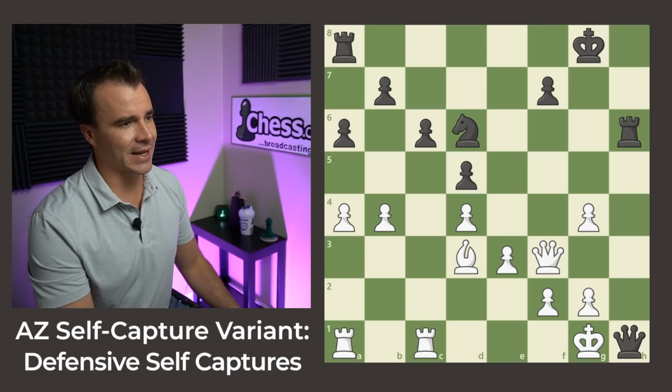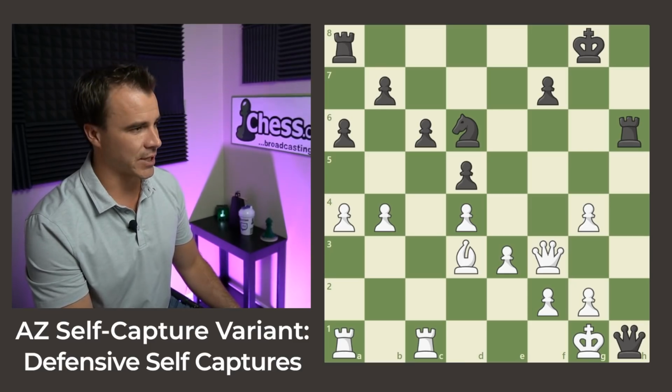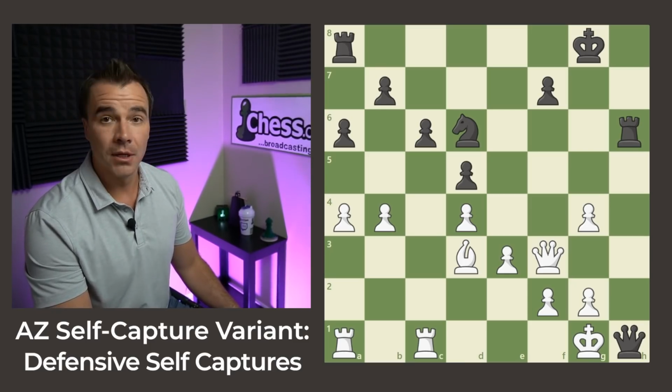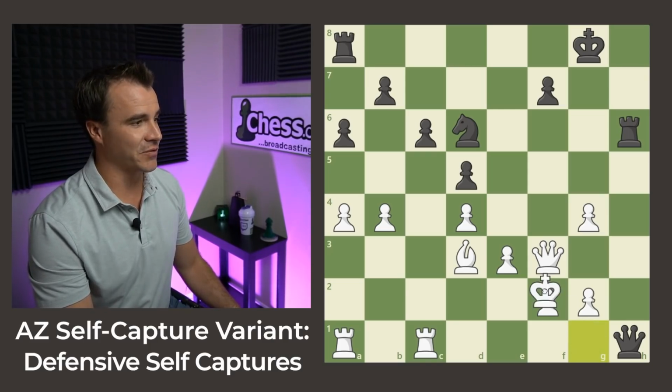Now let's see an aggressive self-capture that has to do with defense. In case you're looking at this position with wide eyes, you're saying, wait, Dan, isn't that checkmate on the board? You're right, but not if we're playing self-capture chess. White can play the move king takes f2,